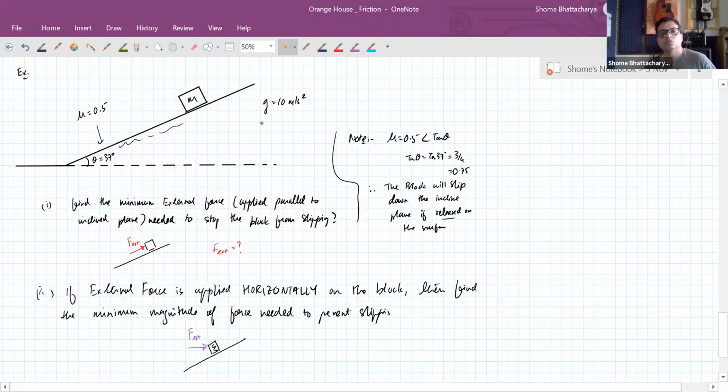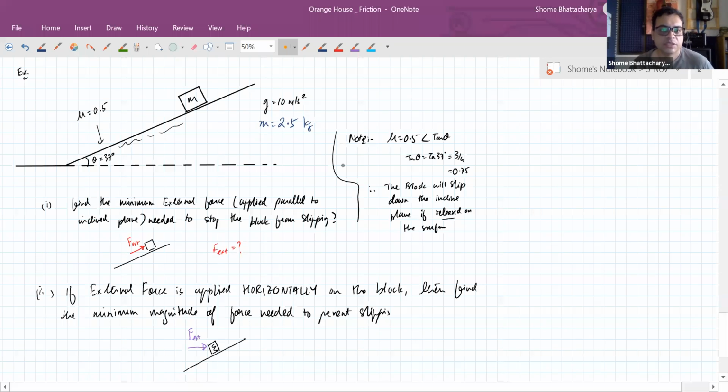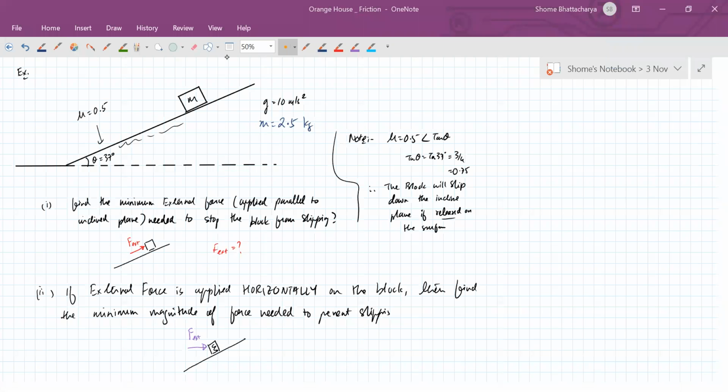So that will affect the amount of friction available to us. The mass of the block is given to us as 2.5 kg, and the coefficient of friction is 0.5. So just work this out, people. This is a comparatively easy question because there's only a single block. It is only when more than one block is involved that the problem is a little more complicated. Here you have to just apply the basics about limiting friction. So just try this out.